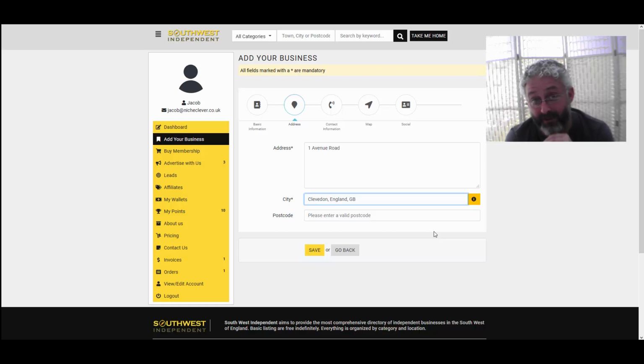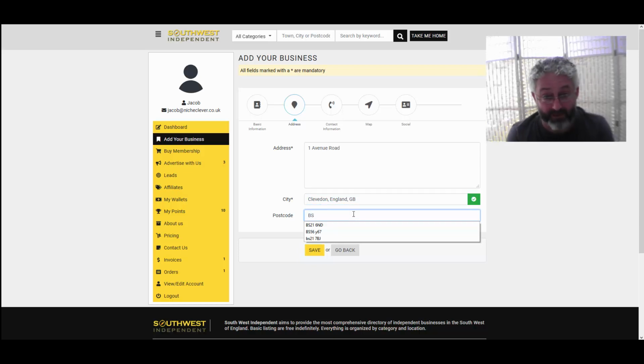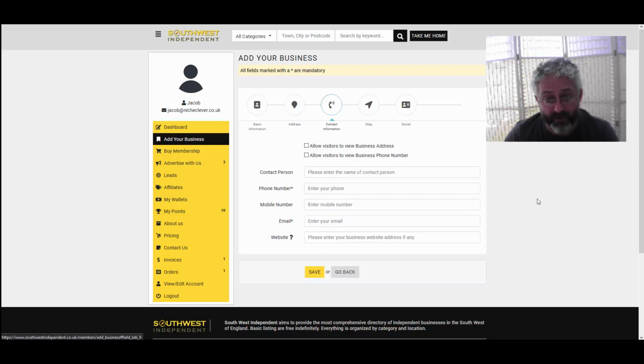I'll probably need to look at that separately. I can manually add things, add towns and stuff. I'm just going to put in a random password there. Contact information. So this is where of course you can show whether or not to allow visitors to